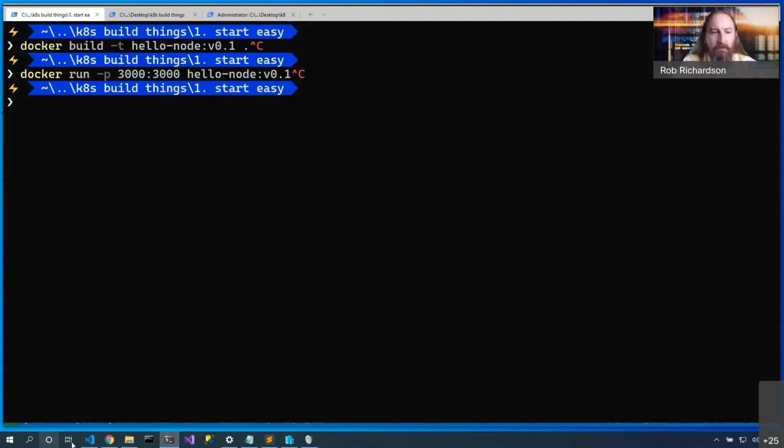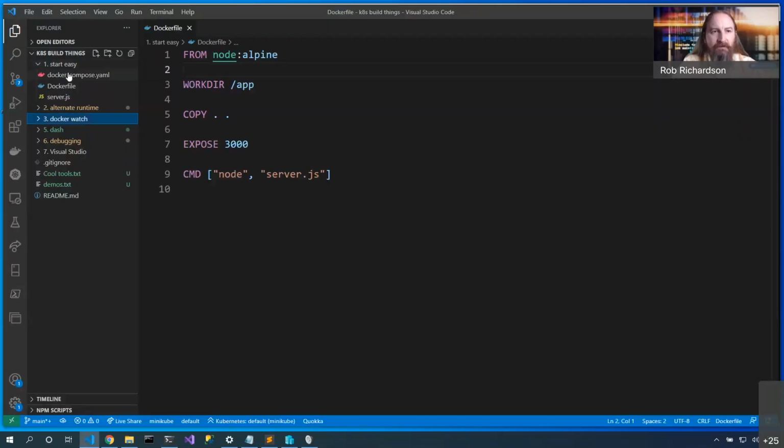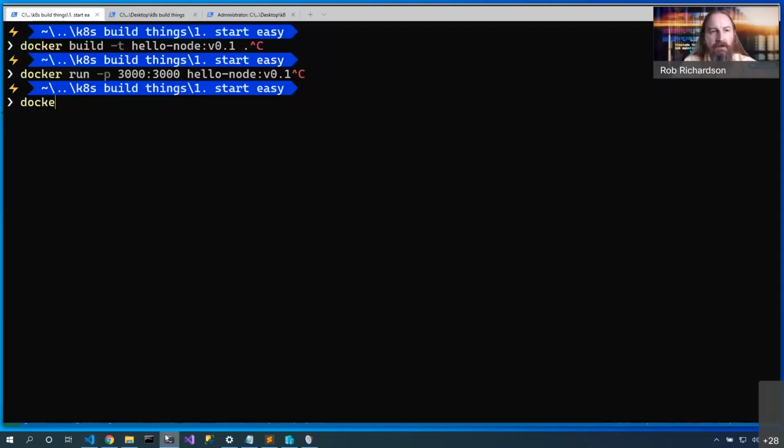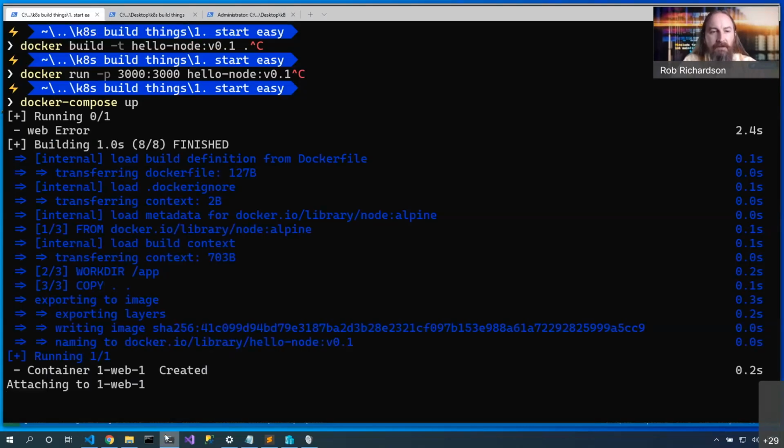Instead, let's pop open this Docker Compose file. Now, this definitely is the simple one, just to kind of get a feel for what we're going to do. This Docker Compose file allows us to capture all of the build and run details here in one file. Here's hello node, here's the dot, here's the ports that we want to map. Oh, I completely forgot about setting that environment variable. Now when we're ready to go, we can say Docker Compose up. And in this case, because the container doesn't exist yet, it's automatically going to build that image straight away. And then it will start the container.